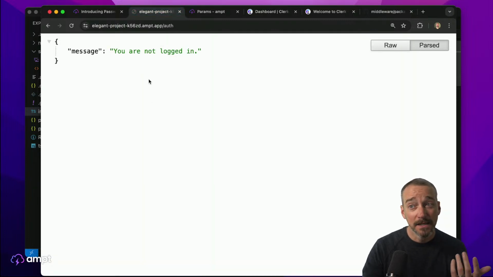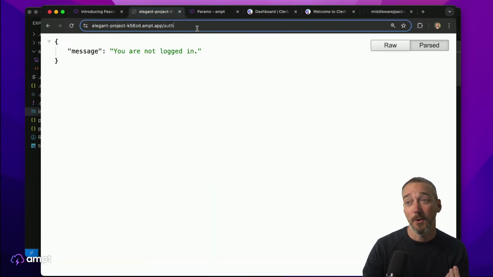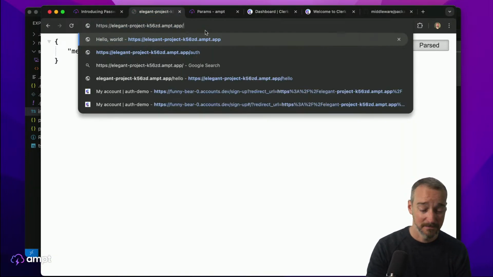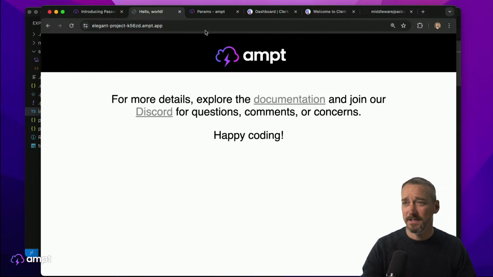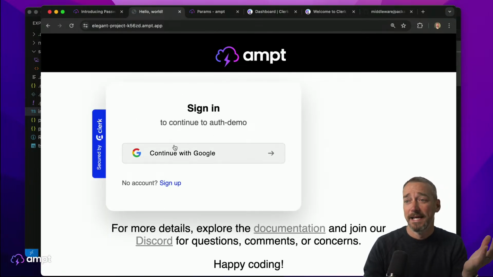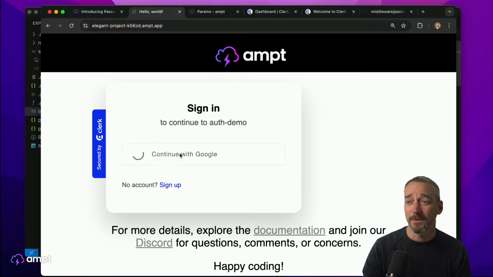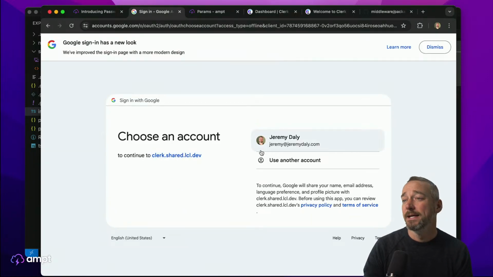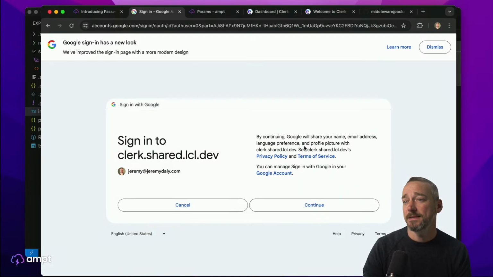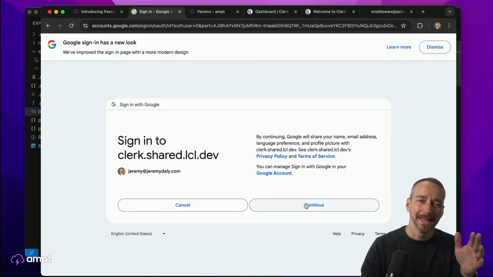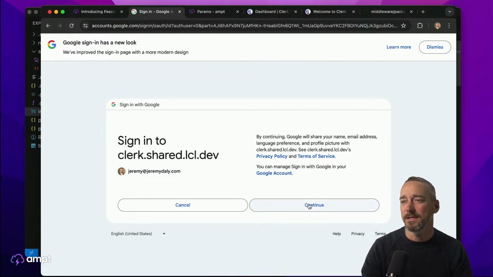So I'm not logged in right now. I'm going to go back to our main page here. It's going to give me this giant sign-in box. And let's see what happens. So I click sign in with Google. I'll use my Jeremy at jeremydaly.com. It says you have to share it with this. Now, again, this can be customized. When you pay for it, you get some other things. Hit continue, and